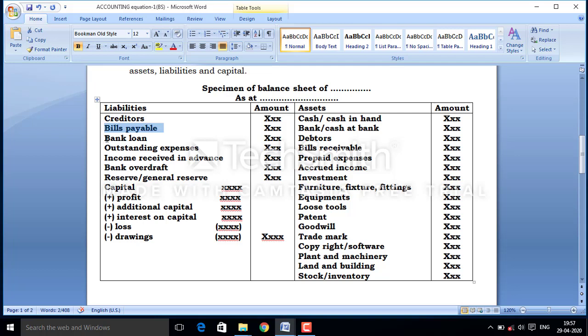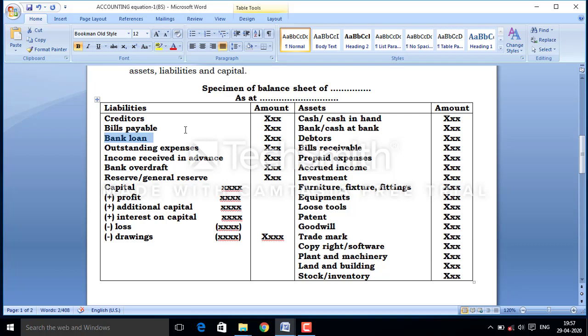Next is loan, bank loan. If we are going to borrow amount from the bank, loan will also raise a kind of fund for the business, but it will be a kind of liability and it will be under the heading of external liability. So it will also increase the amount of capital in the business, and as we are taking loan from bank, it will ultimately increase cash, because if we have sufficient amount of cash, if we have sufficient amount of fund, why do we need to borrow loan?